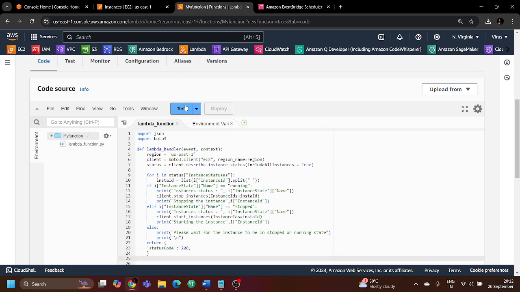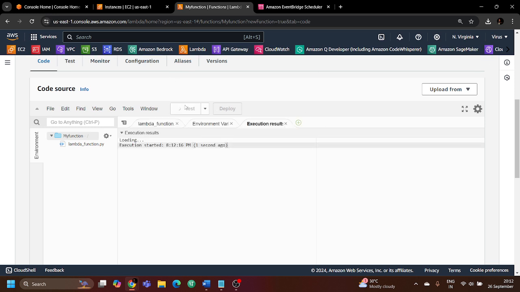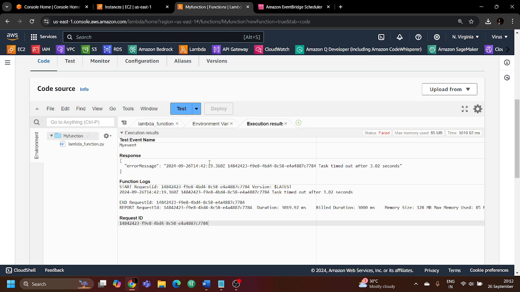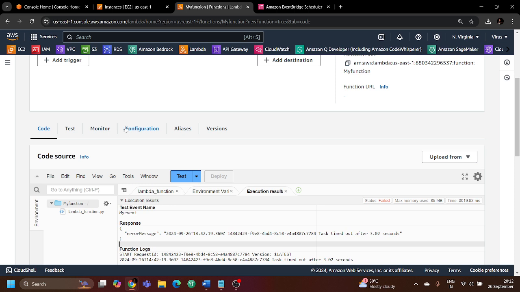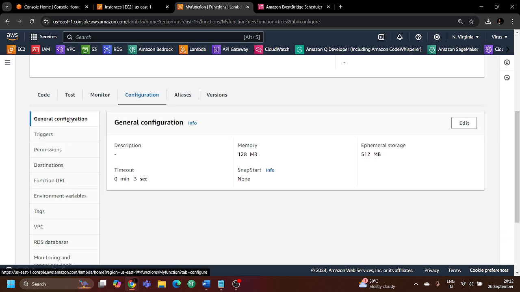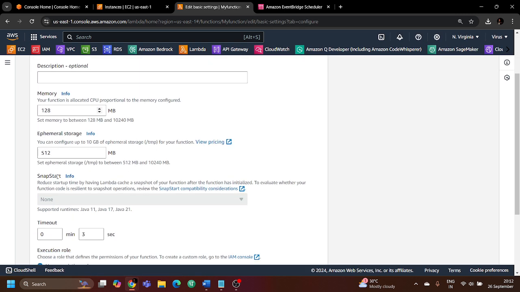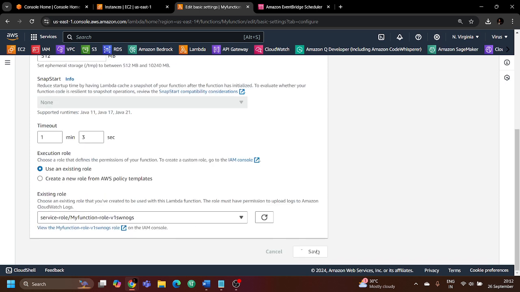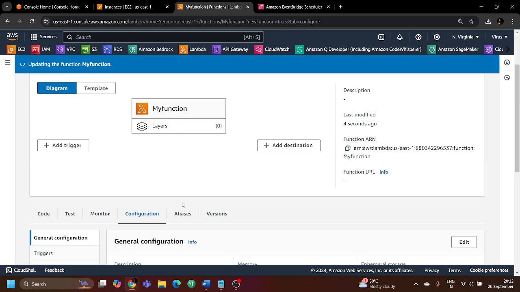And now I'm going to click on test over here, and let's see how much time it will take to give us the result. But we are facing some error message. The first error we are getting is a timeout. We need to go to the configuration section, general configuration. The default timeout is 3 seconds. Let me increase this timeout to maybe 1 minute